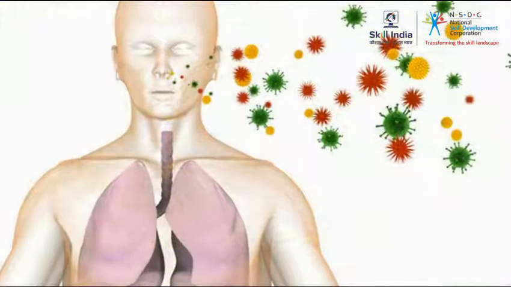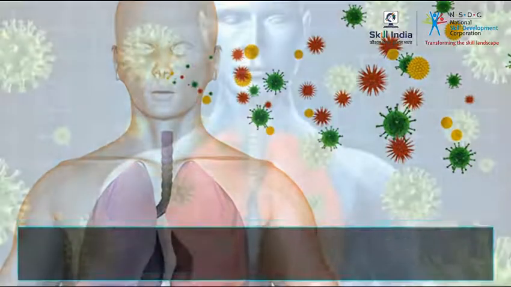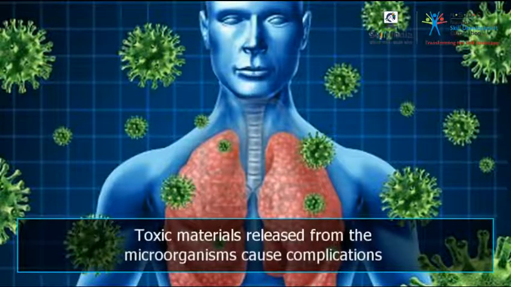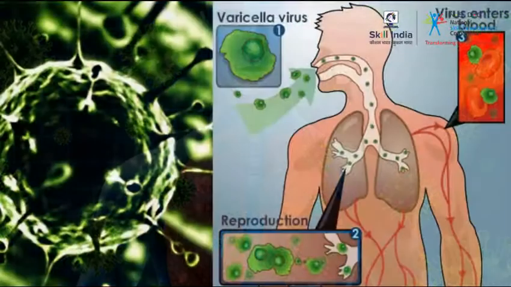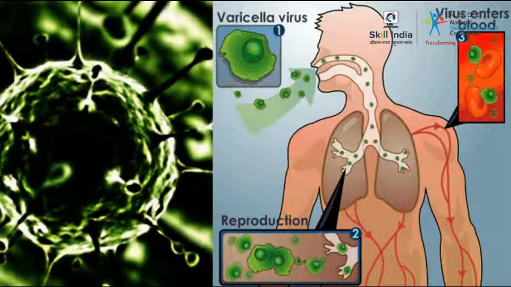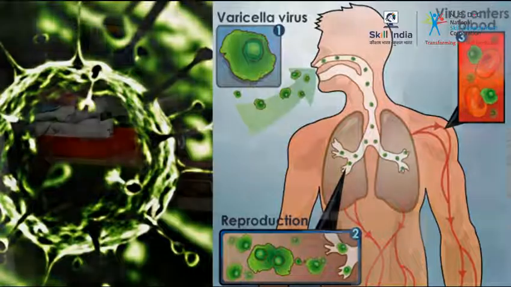The microorganisms enter our body through various routes. They depend on our body for their food and nutrition. They then release poisonous materials within our body that lead to complications such as fever, vomiting, shivers. Any human body system like the digestive system, respiratory system, or the urinary system can be infected by microorganisms.